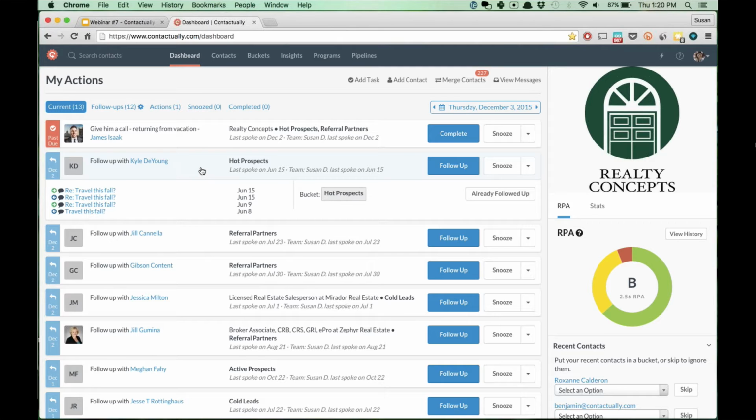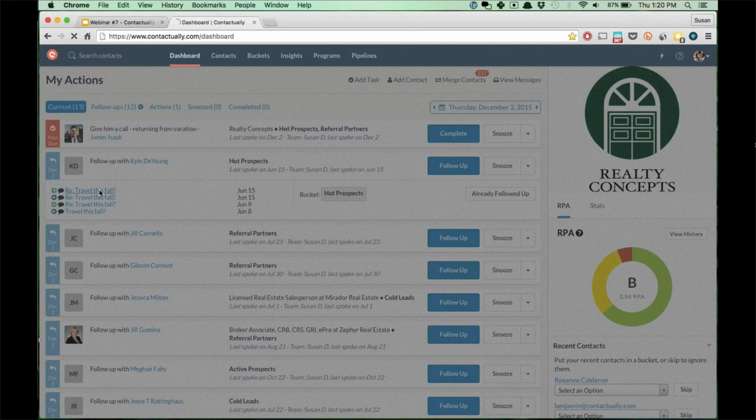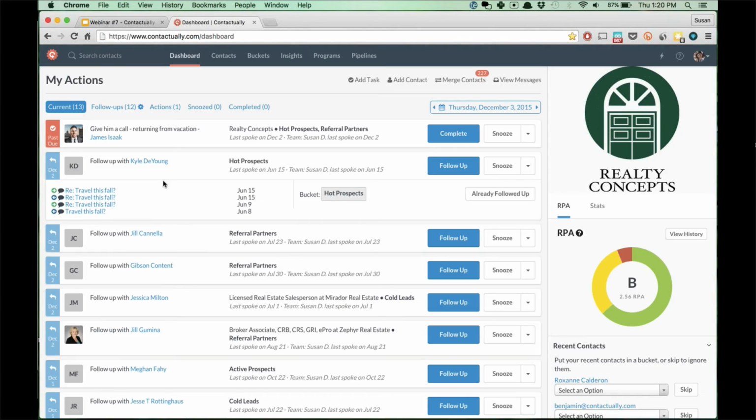And I'm like, well, I don't really remember what we talked about, what's relevant. Here I'm able to see all of the different emails that we exchanged way back when. And it looks like I deleted that email. But if you delete an email from your email address, you're not going to be able to preview it here, as you see there. But basically, I could understand we talked about traveling in the fall. So maybe following up with him, I would want to say, hey, fall has passed. Any interest in traveling at another time? So I can use this as context to reach out and see what else is going on in his